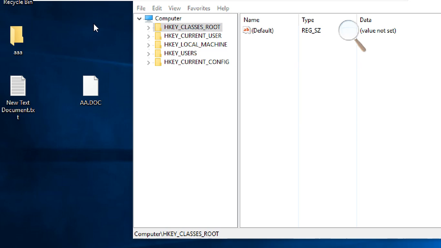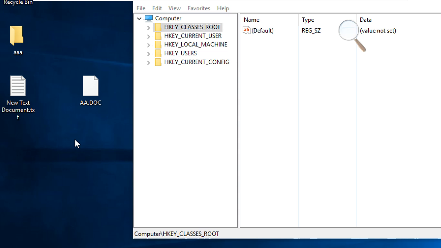Why? Because I didn't install any application related to Word. Doc means Word application related, and I didn't install anything here. If I didn't install it, the system doesn't know how to open a .doc, because .doc is not pointing to a particular application. That's why it doesn't know how to open it. This is one point.